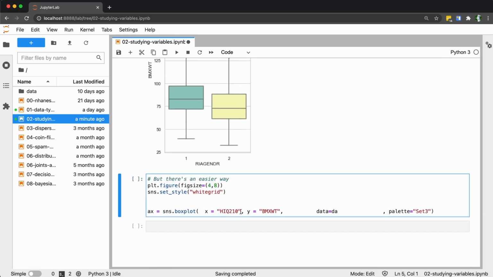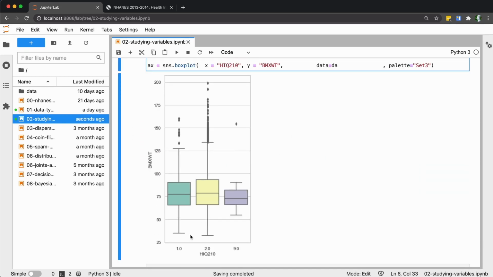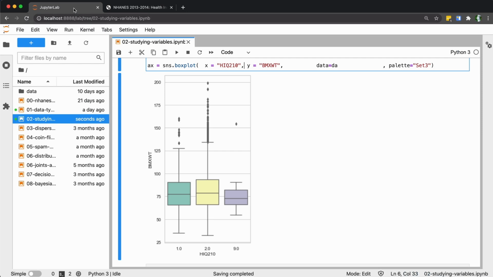You can also go ahead and change the X criteria to group people on another column, for instance the insurance thing, right? So let's go ahead and do this. So as you can see, 1.0 people, which if you recall were the people who actually did skip insurance in the past year, they have a slightly different